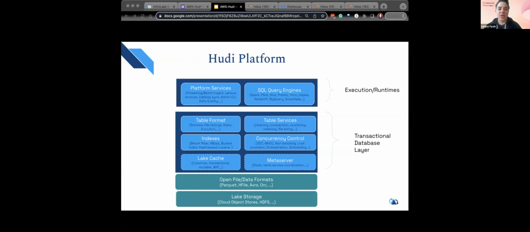So this is a bird's eye view of the Hudi platform. Earlier I mentioned that Hudi is conditionally a table format, but it's really so much more than that. It's actually a full-blown platform. Hudi has many services to ensure you get read and write optimizations. At the bottom, with the green boxes, you pick the lake storage where you want to store your data, and then you have an open file or data format that you'll use, for example, Parquet and Avro. On top of that, this is where we get to the services and features that Hudi offers